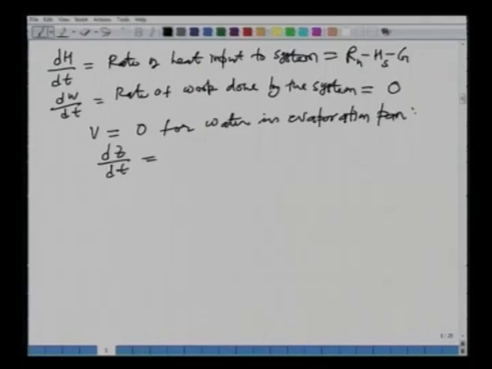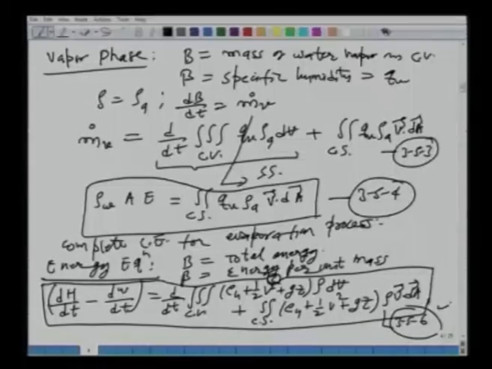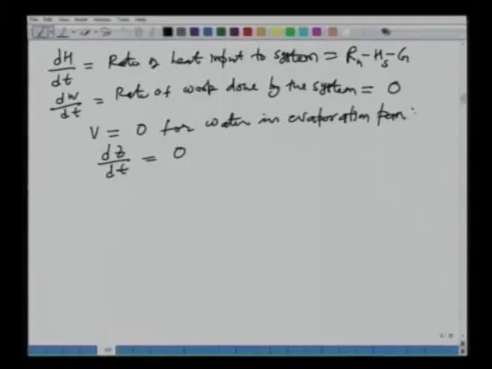So, dz by dt is also equal to 0. Okay. So, it should be very easy to see that dz by dt is also equal to 0. So, once we put all these things in our equation, which we have just derived, that is this one, 3.5.6, then what do we get is